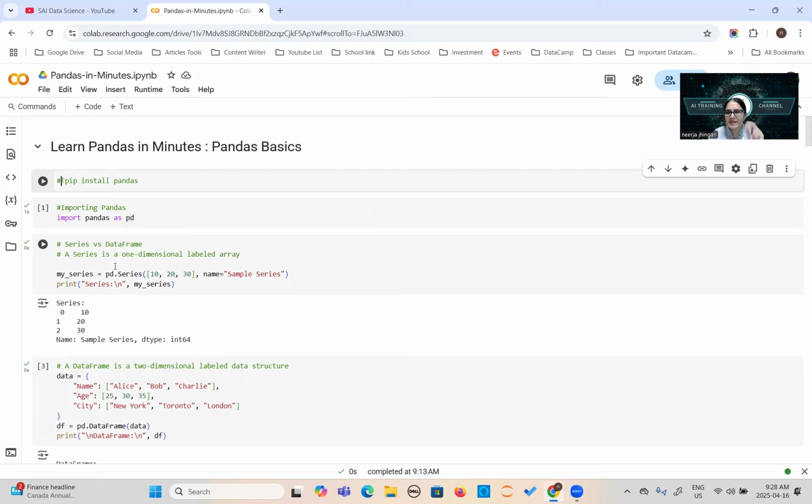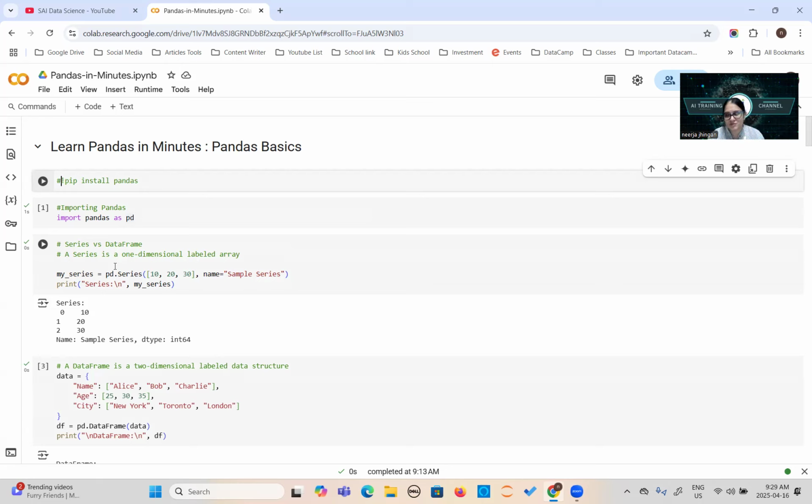Sometimes many methods and functions cannot be applied directly onto your data frame, or maybe on the series too. Sometimes you need to convert the data into series, or sometimes you need to convert the series into an array, and then maybe into the data frame. And students most often get this error: your data cannot be converted into an array, your data is in the series form, we cannot apply this method. So these are the most common errors you are going to get, and it bothers a lot at a beginner level. That's why just look at it carefully.